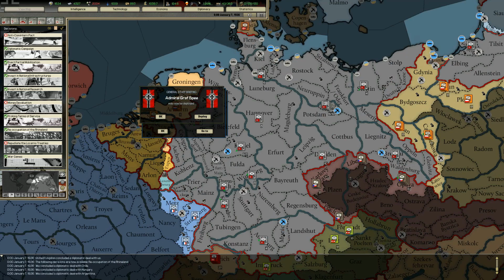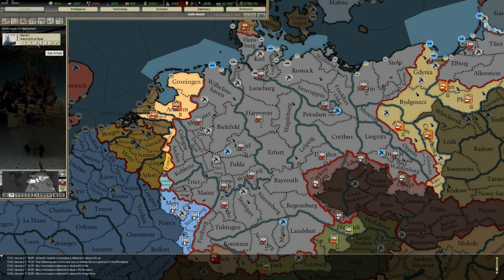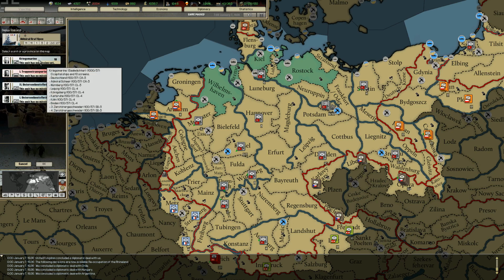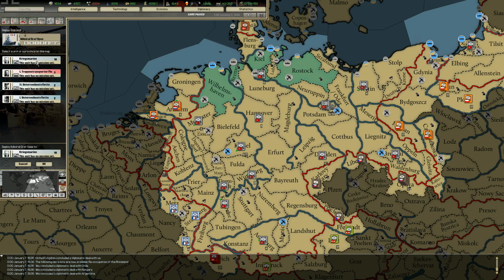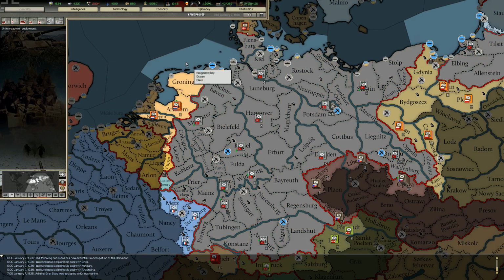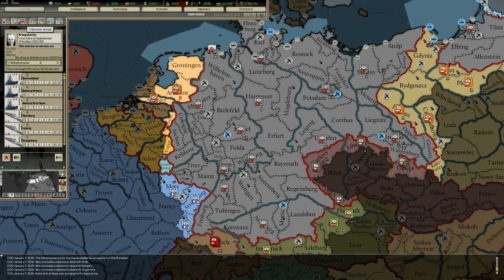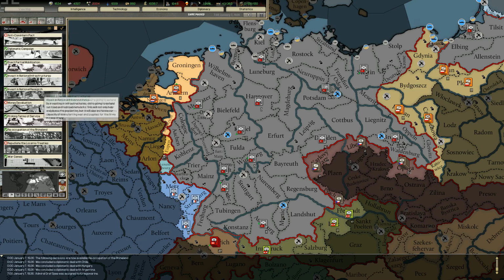The Graf Spee is ready to be deployed. Decisions are now available to reoccupy the Rhineland. Okay, so first things first, let's deploy the Graf Spee. Let's see. Undersea boot. That's transport flotilla of the Kriegsmarine. Okay, so the brand new Graf Spee, right there, was deployed to the standing Kriegsmarine. And we had a decision, didn't we? So...